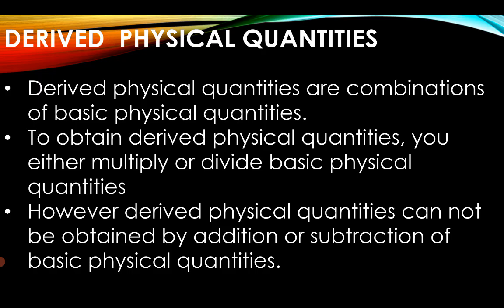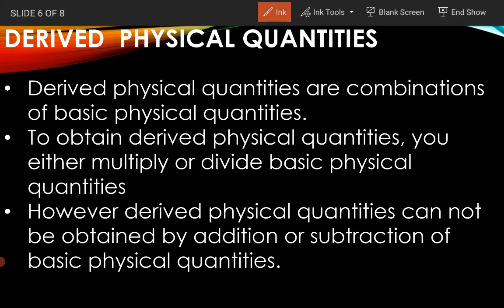So before we proceed, we are saying that derived physical quantities are obtained by combinations. Just combine two or more variables or basic physical quantities. What you get is a derived quantity. There are many of them. Think about quantities such as power. Power is energy transferred divided by time, or work done divided by time taken. To obtain power, we divide energy transferred or work done by time. We are dividing two things here.